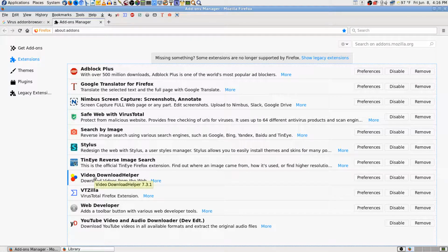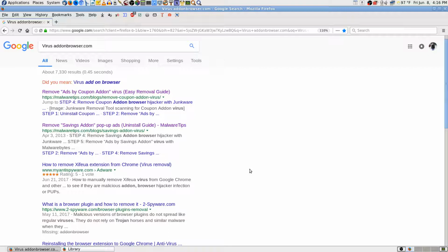I kind of vaguely remember trying to figure out where that was really coming from, and I didn't figure it out. And this time I haven't figured it out. But now that something really bad has come up, that fake Firefox update, that is malware for sure, because when I looked it up, I found out. I did quite a bit of research, and mostly that's what my video was about yesterday. So I got to thinking, I really haven't done but just a little bit of looking on this